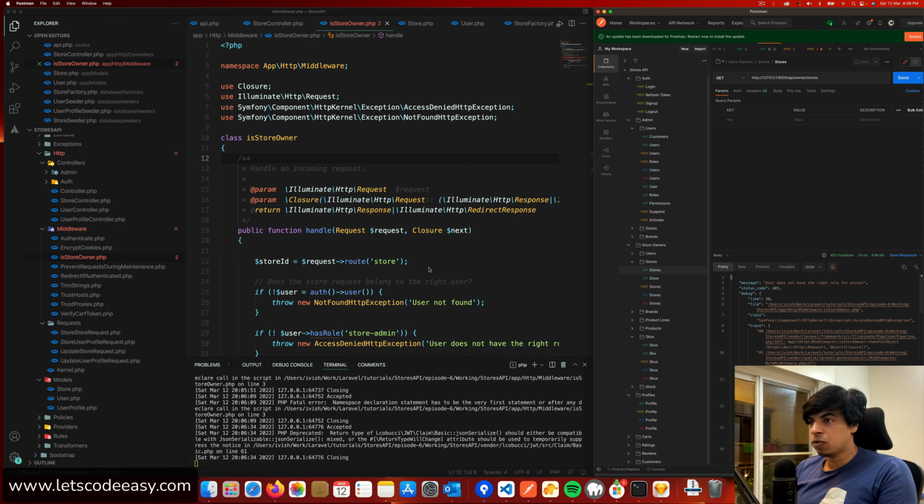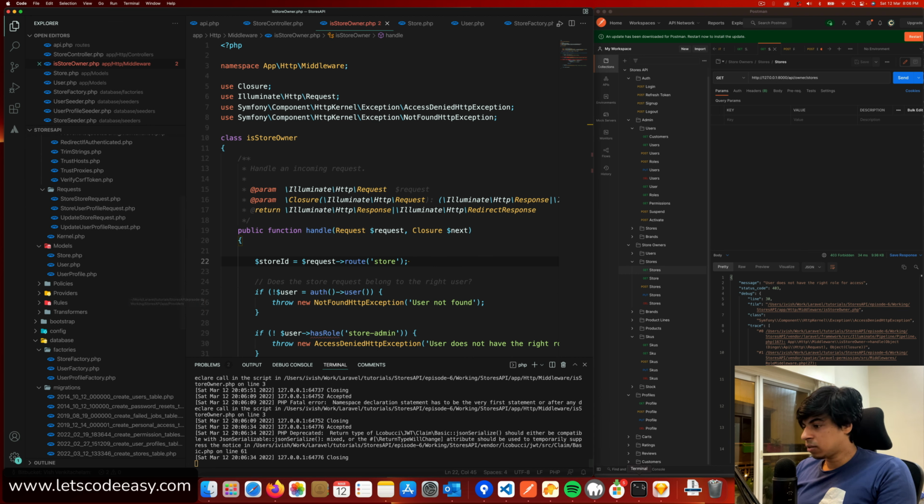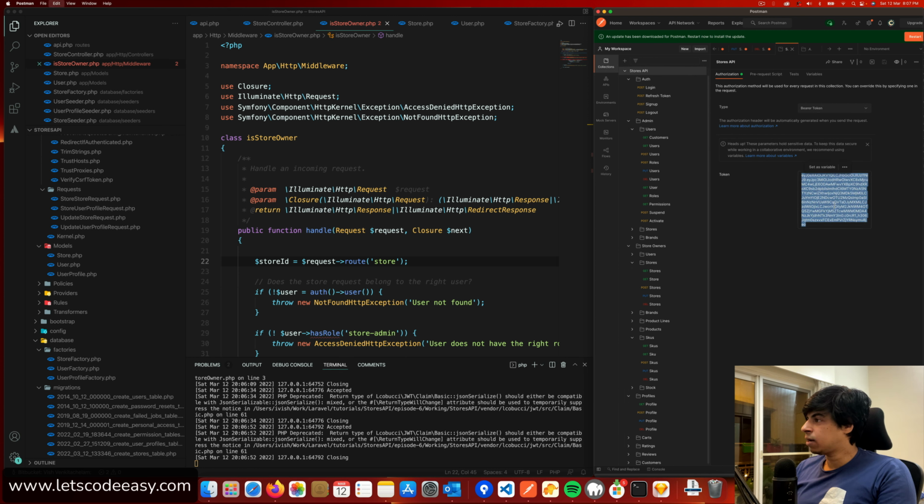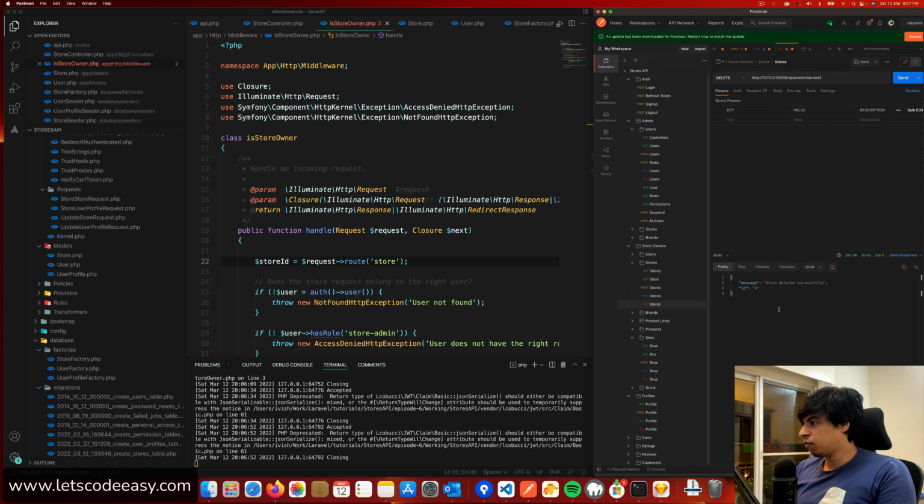User does not have the right role for access. So whatever is happening, let's see. I think he's trying to access a. Because I logged out right now, that's the reason. So I need to log in again with the same user because it was on a different server and the token was generated for that server, right? So I need to again modify this. Nobody unknown is accessing it. It was on a different server and now I restarted the server. It's not allowing. So go back,